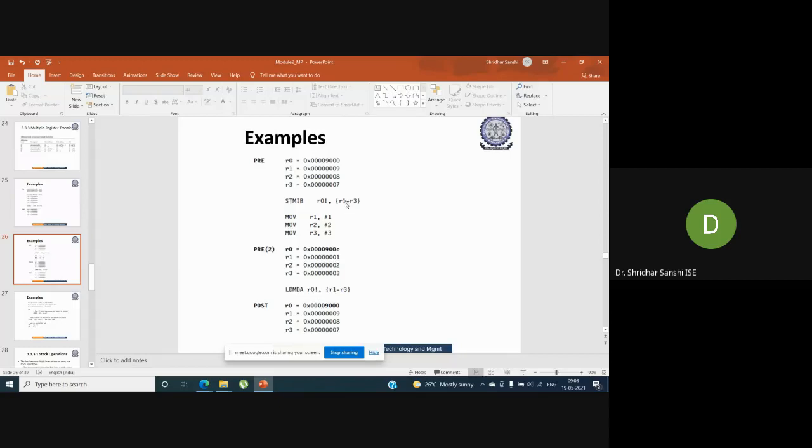So in this particular address, 9004, we are moving the content of register R1 and storing it into memory. Fine. So what will be the next address, where the contents of R2 will be stored?